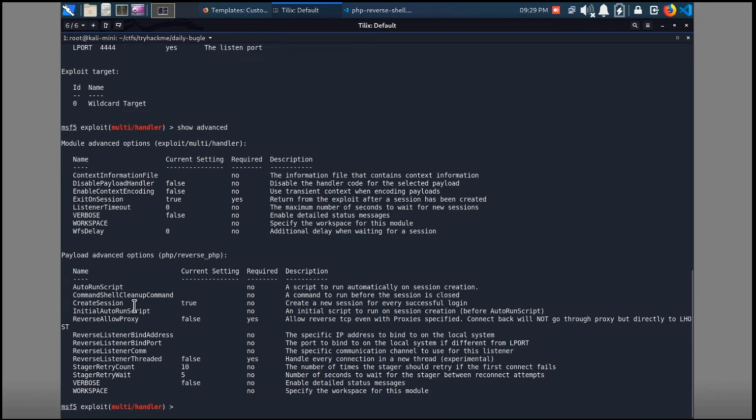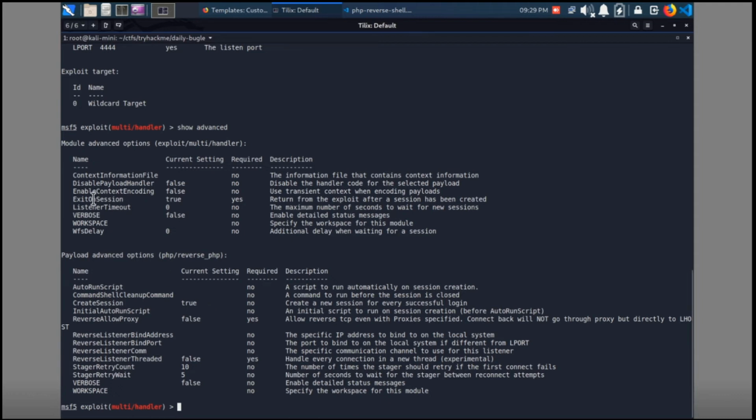You can have scripts run whenever it comes back in. You could also have it threaded as a new thread. This says it's experimental. Yeah, so if you really wanted to go ahead and have it run some kind of script